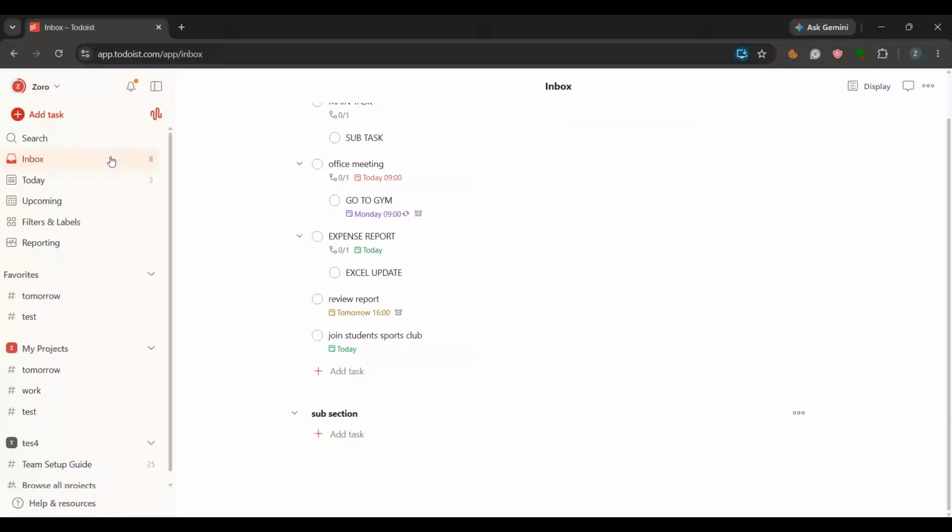If you want a simple way to plan your day visually, one of the best productivity tricks is using Todoist for time blocking. In this video, I'll show you exactly how to use Todoist to turn tasks into real calendar blocks so you can organize your day, protect focus time, and see everything at a glance. This is especially useful if you're trying to stop overloading your schedule and start planning your work in a much